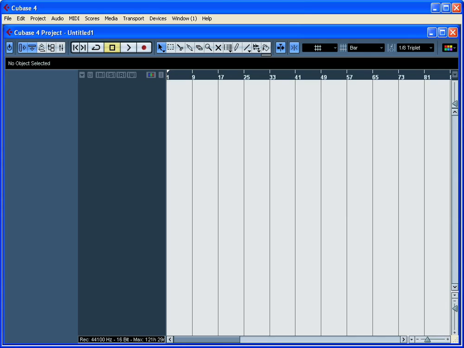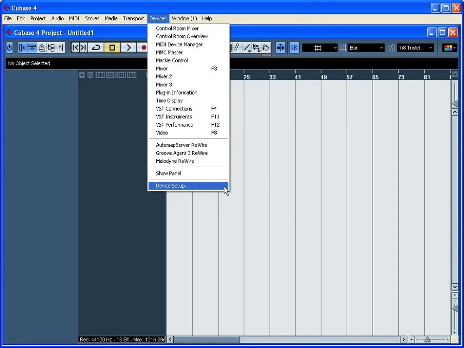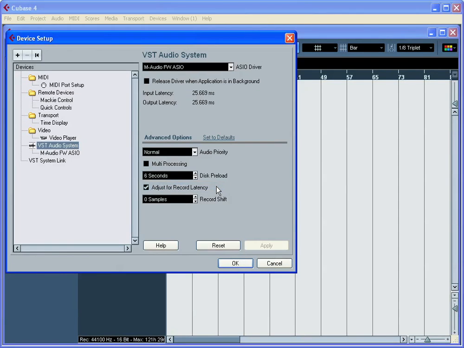In this tutorial, you're going to learn how to make changes to your audio hardware settings within Cubase. Select the Devices menu and choose the Device Setup button. This will open the Device Setup window and provide access to the MIDI tab, Remote Devices, Transport, Video and VST Audio Systems. Click on the VST Audio System tab and this will display various information and settings about your audio